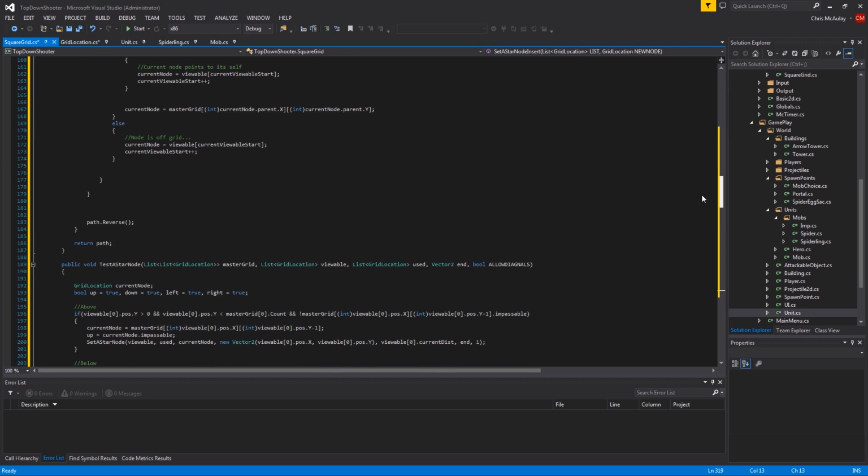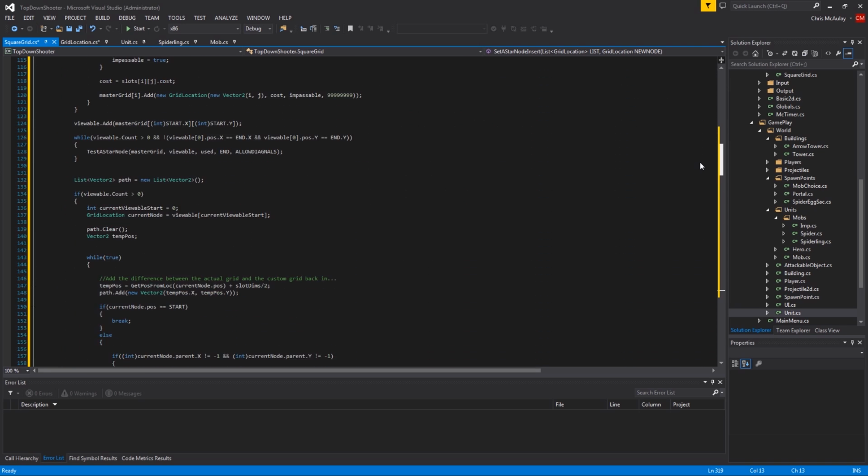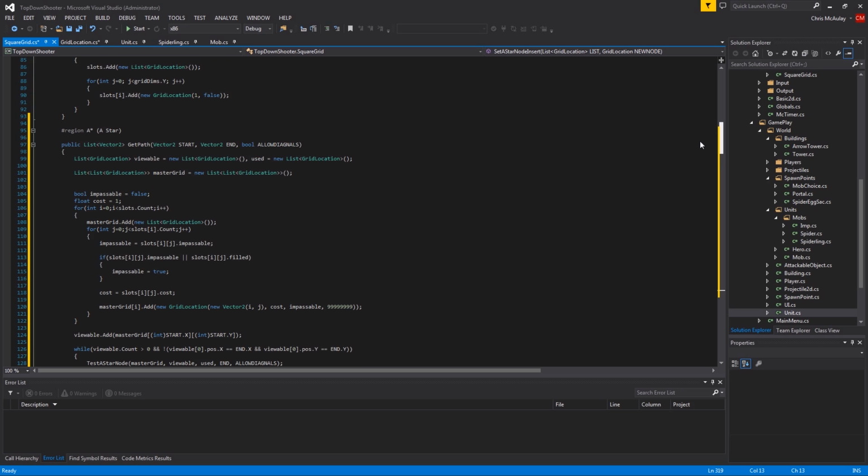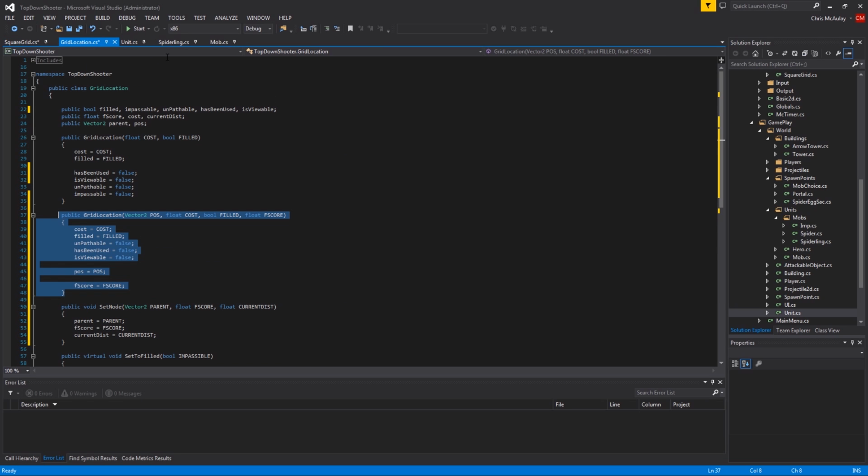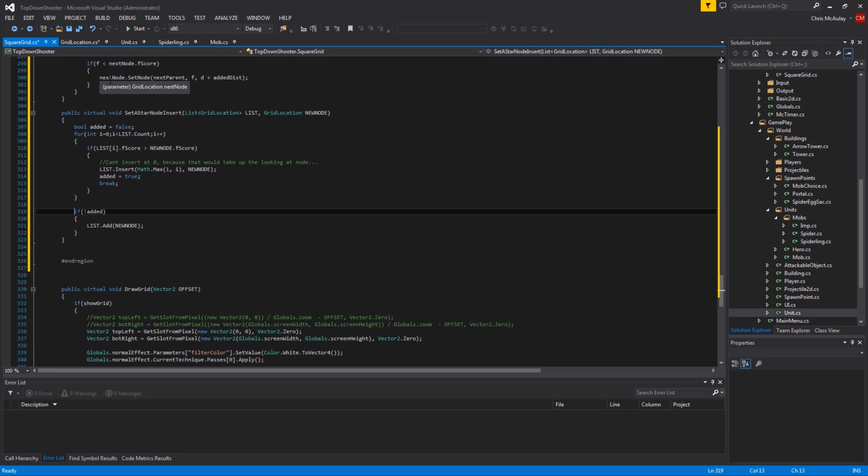I am giving you this code. You do not need to be typing this all out. I'm giving it all to you. It'll be in the provided materials, as well as the grid location. The stuff I'm about to do in unit and mob, I am going to probably type out. So, well, we'll see. We're already at, I don't know, 30 plus minutes. But anyway,